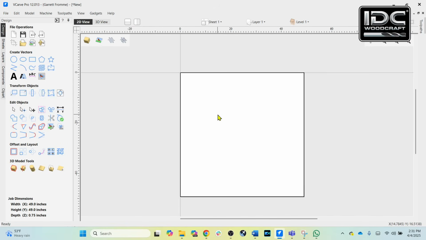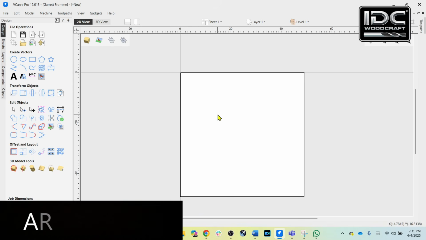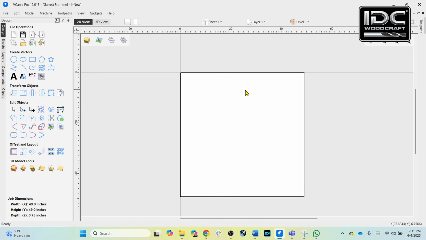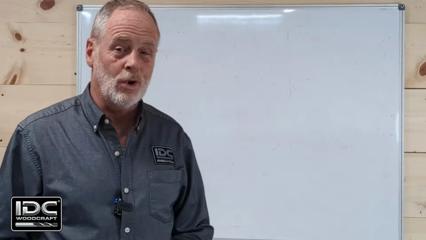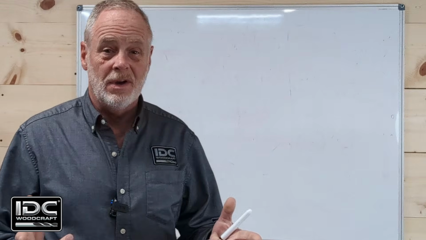Now you get to learn a very cool and kind of advanced tool in the Vectric software, where we're going to create our grids, and we're going to use a tool called Array Copy. An array copy will enable us to copy each line at a specific distance all the way down and all the way across, which will create the grid. Array copy is an advanced tool that you are going to learn right now, what it does, how it works,